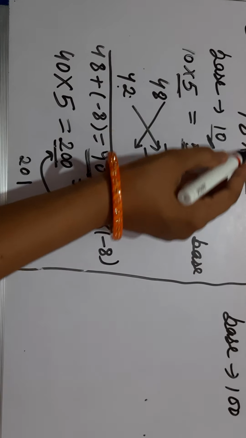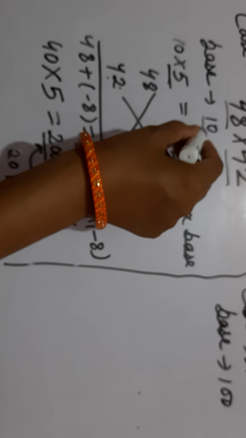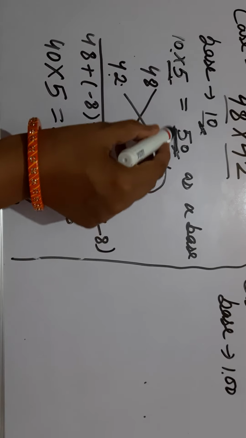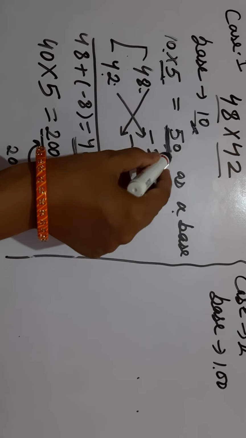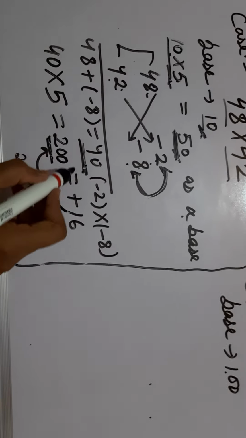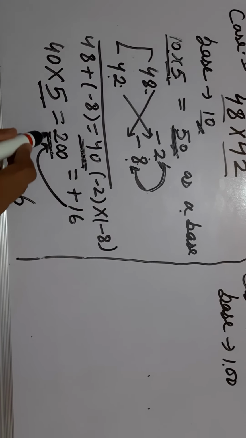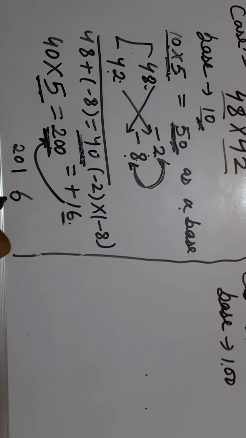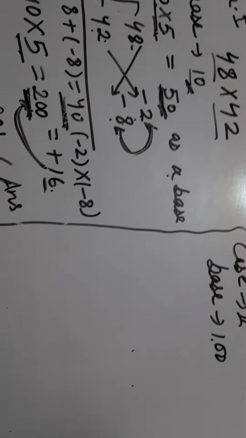What can we do? We have given 48 and 42. The nearest base is maybe 10 or 100. So we take 10. So we multiply 10 by 5, so we get the nearest value of 48 and 42. We get these complements because 50 is the base. We got 40 here. Here we multiplied the base value by 5, so the answer of the addition operation is also multiplied by 5. So we get 200. Here only one zero is in the base value, so we want only the unit place, and 1 goes to 200, so the answer is 2016.